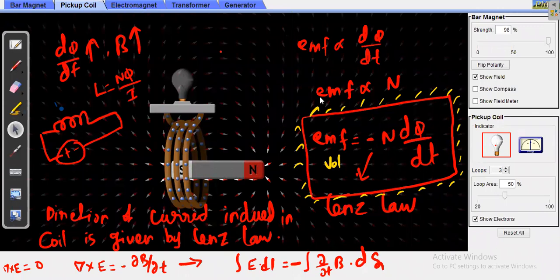Because I cannot share this as a PDF, I think, because this is annotated directly on the screen, so I cannot share it as a PDF. So please kindly note it down.